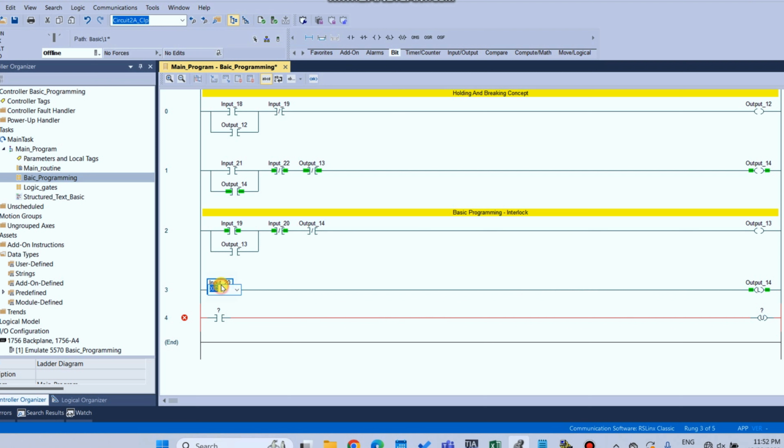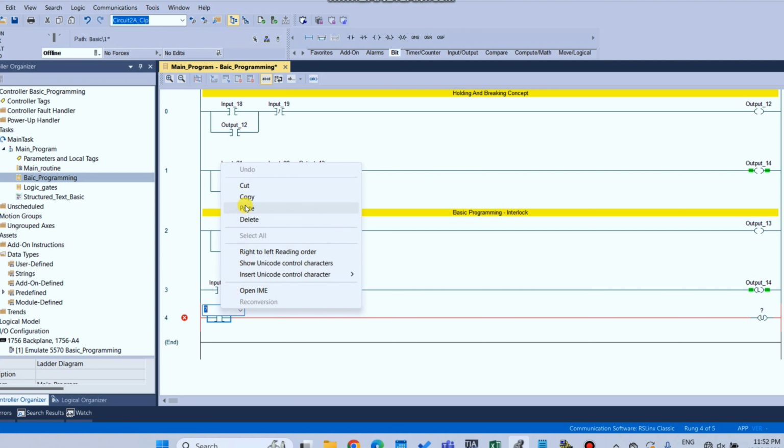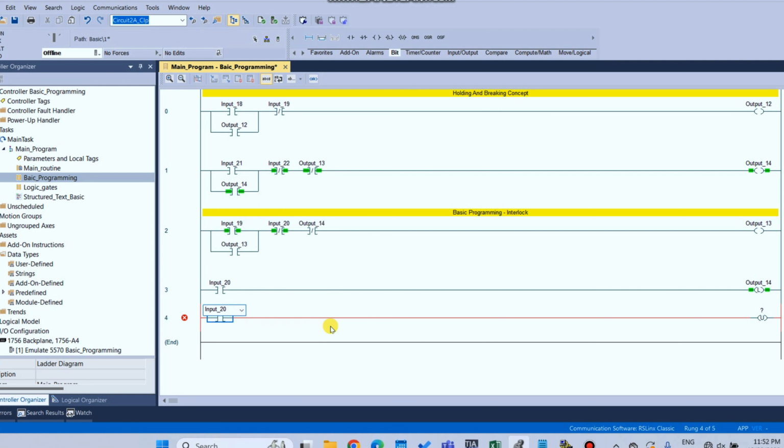So it is a latch and unlatch. I require two inputs: input number 20 to latch output number 14 and input number 21 to unlatch output number 14. Here you must know that latch and unlatch are both used for the same output.